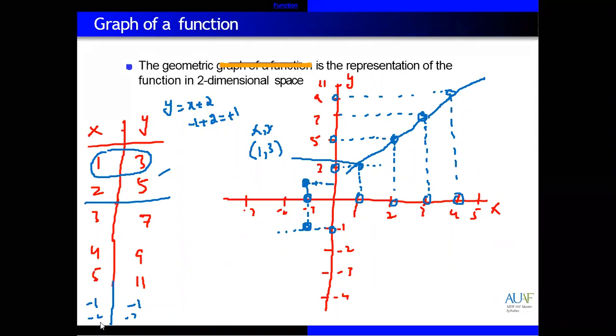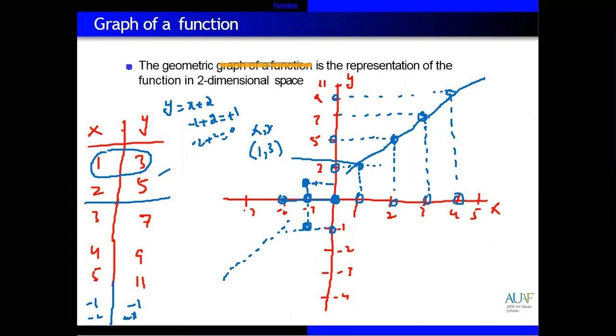When you give x is equal to -2, then y is -2 plus 2, equal to 0. When x is -2, y value is 0, this point. Actually, this point is x is -2 and y is 0. Next, with the same values, you can draw the graph here on the negative side.